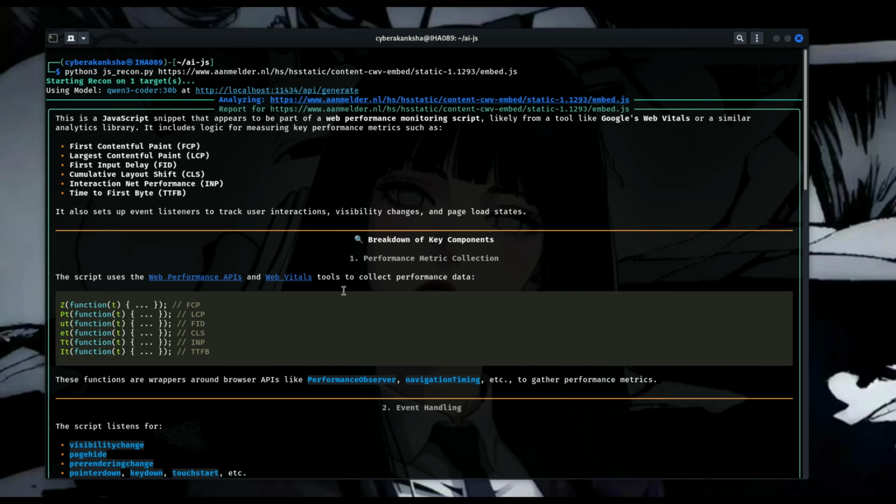The same approach can be extended to analyze multiple JavaScript files, automate recon workflows, or even build more advanced bug hunting assistants. If you learn how to design good workflows and combine them with AI, your efficiency as a bug hunter increases massively. So if you want to stay relevant in bug hunting and security research, learning how to work with AI is no longer optional. It's a skill you'll need sooner or later.